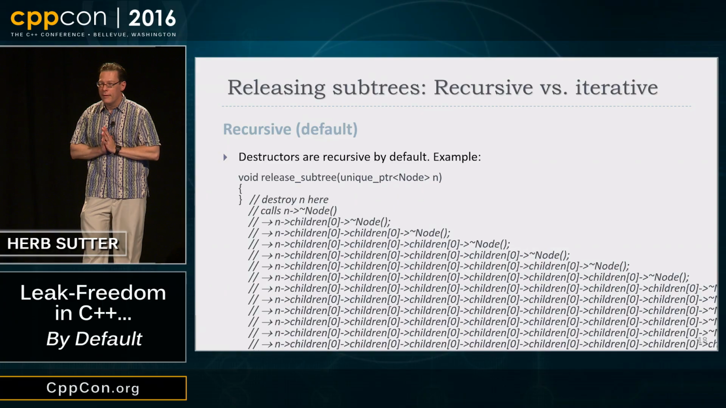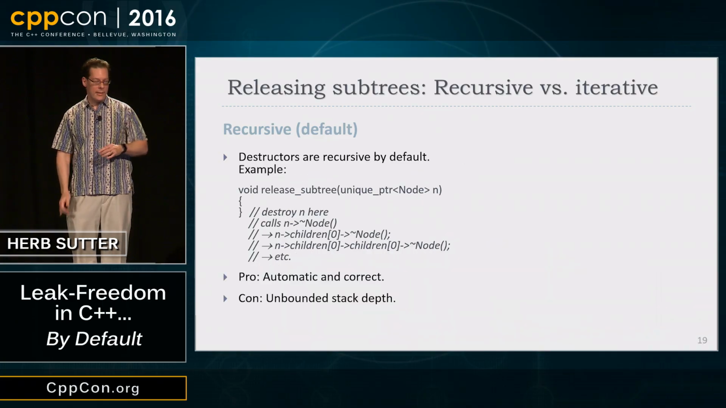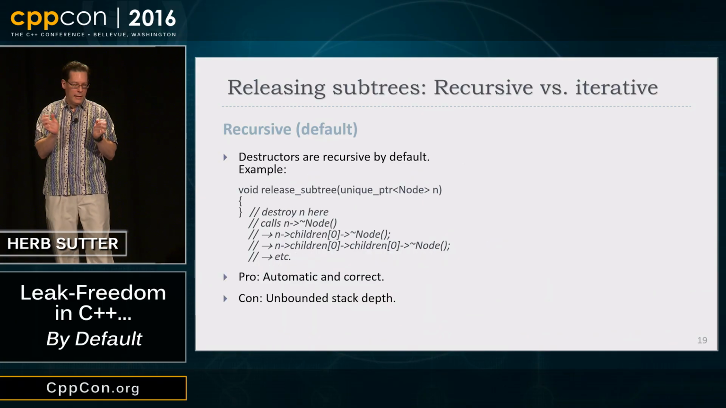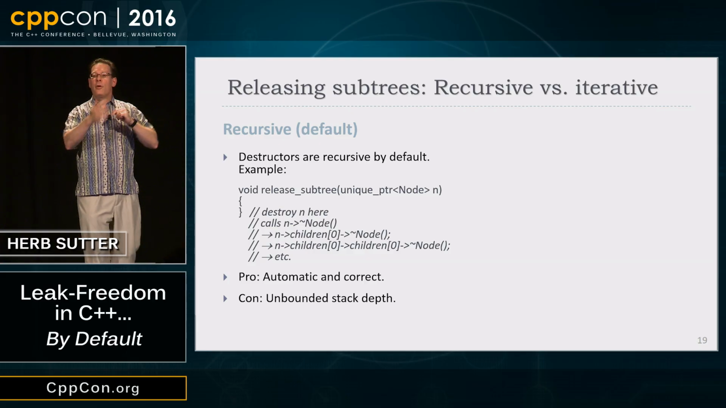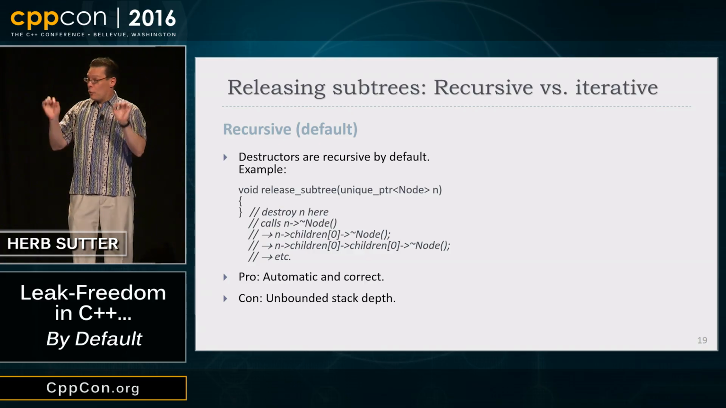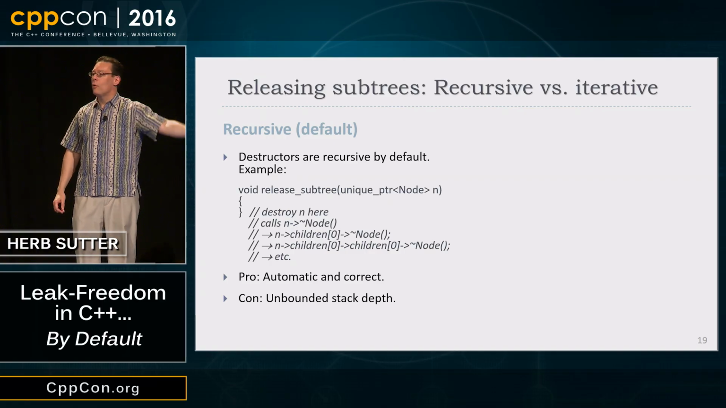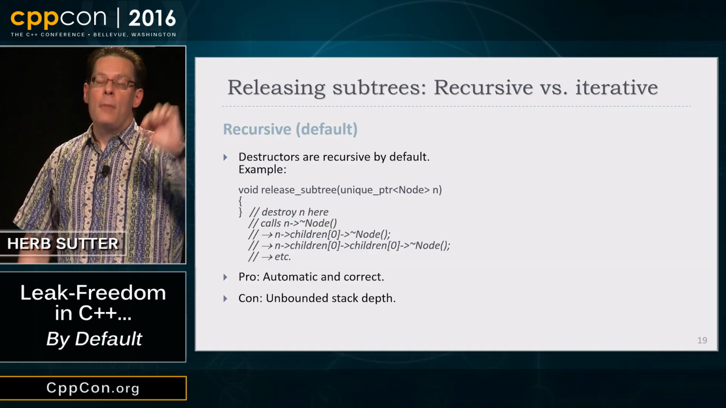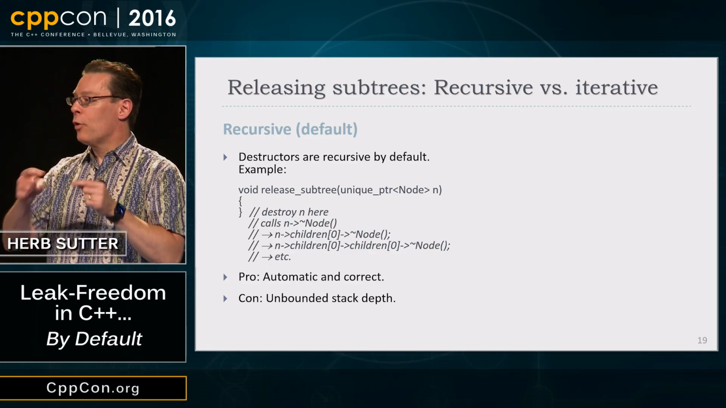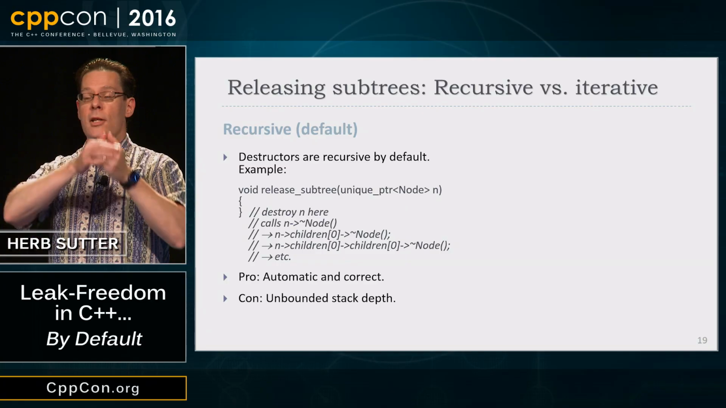It's only fair. Okay, so let's summarize this more succinctly. The default is recursive deallocation, which is correct. There is nothing wrong with it. Everything I said was true. It is correct by construction. There are no leaks. If you have enough stack space for those recursive destructors,